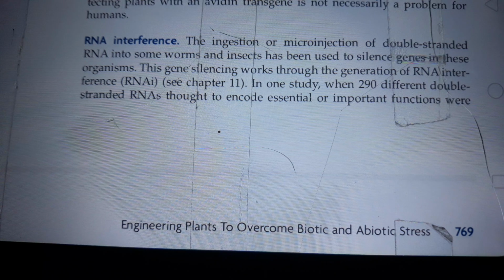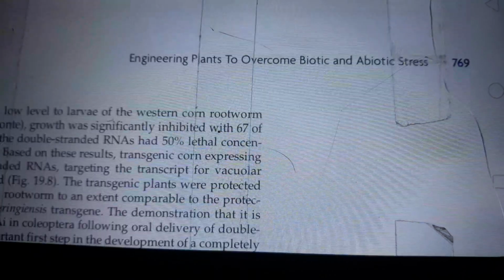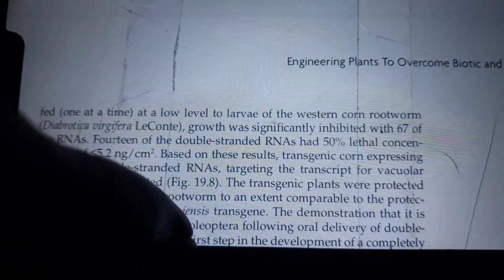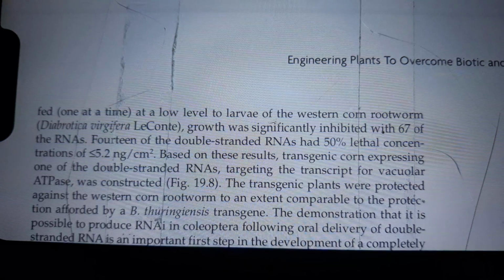RNA interference ingestion. Microinjection of double-stranded RNA into some worms and insects has been used to silence genes in these organisms. This gene silencing works through the generation of RNA interference, RNAi. In one study, when 290 different double-stranded RNAs thought to encode essential or important functions were fed at a low level to larvae of the western corn rootworm,